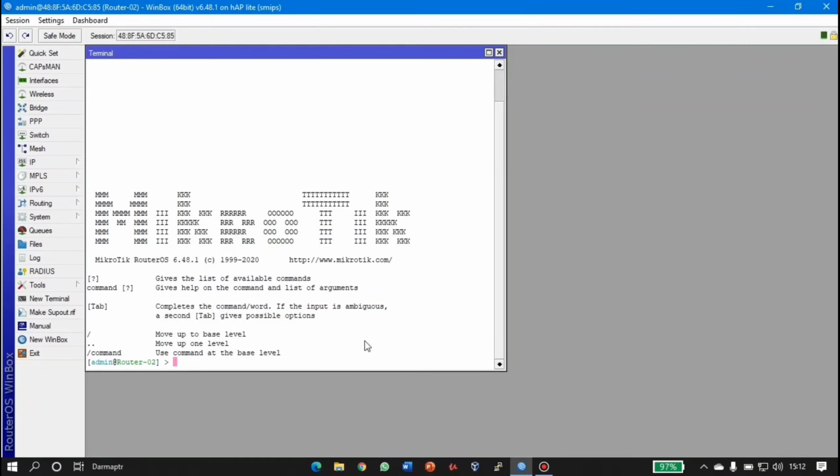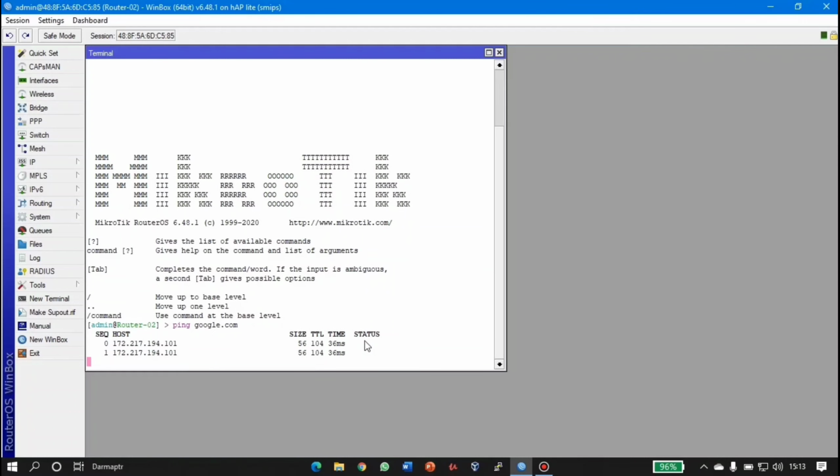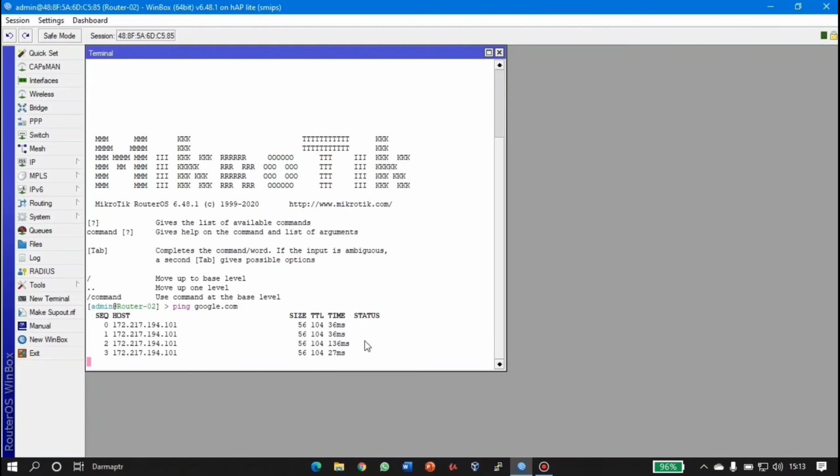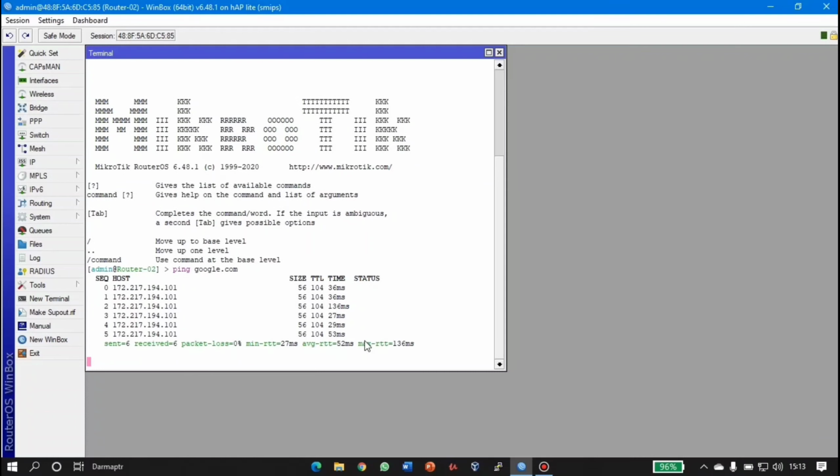And then do ping to google.com and enter, and we can see the result is reply, which means router 2 is connected to the internet.